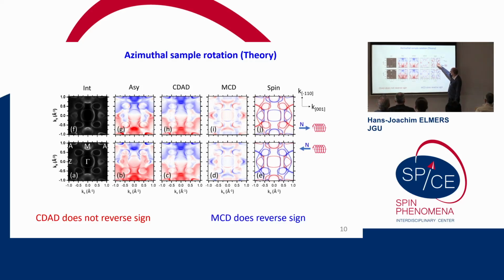And this is somehow similar to the blue color you see here also for the spin. So the magnetic circular dichroism in this case is indicative for the spin direction of the bands. And of course, if you flip here the direction of the Néel vector, you do flip the spin, obviously. You also flip this MCD. What you do not flip is the CDAD, so this fits experiment and theory fits quite good.